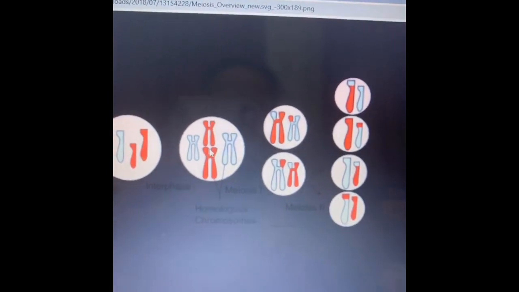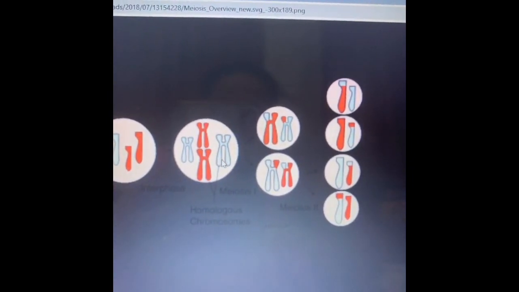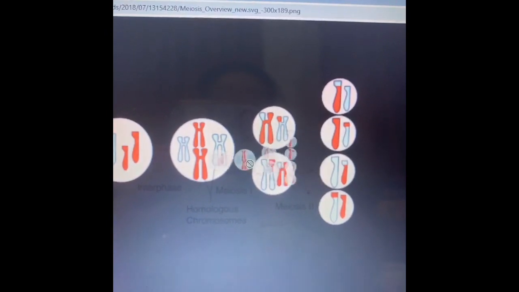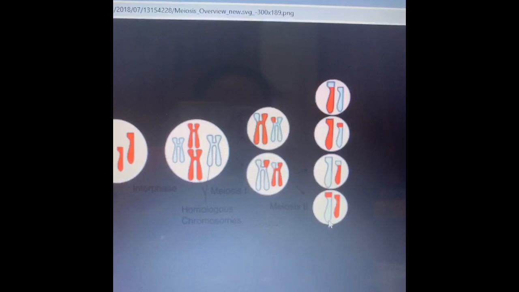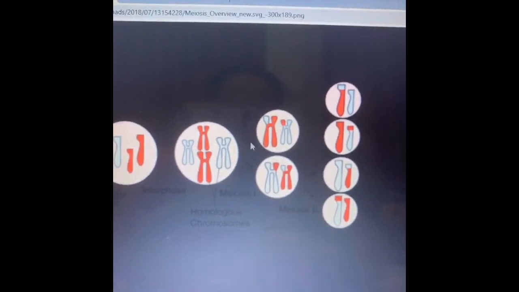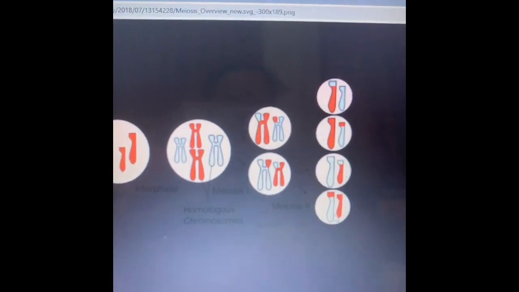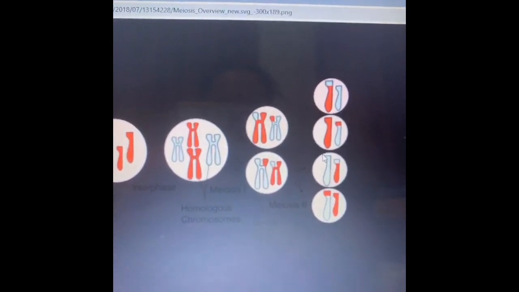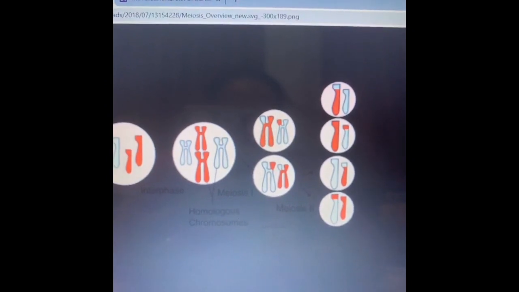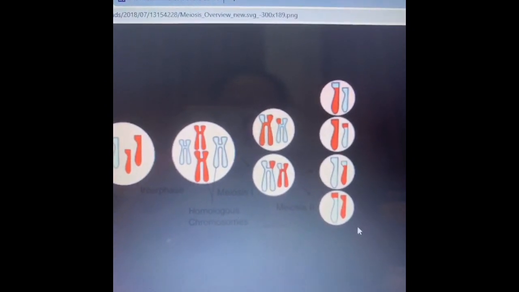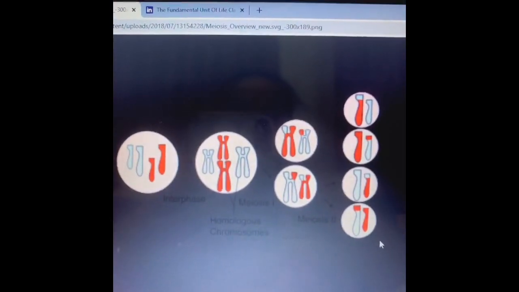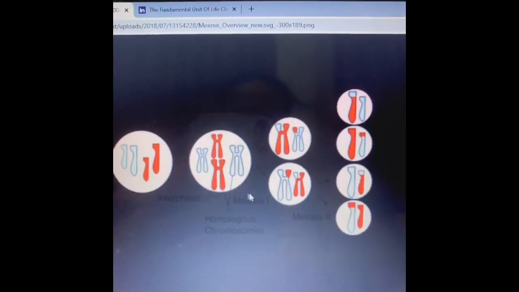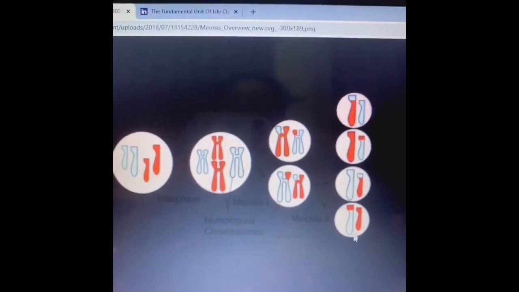When it undergoes the meiotic division, after the meiotic division has occurred, there are 4 cells formed. From one cell we get 4 cells over here, and each cell has only 2 chromosomes. So these are the gametes. So this mother cell forms 4 gametes. In case of mitosis, from one cell only 2 cells were arising, and here from one cell 4 haploid cells are formed.